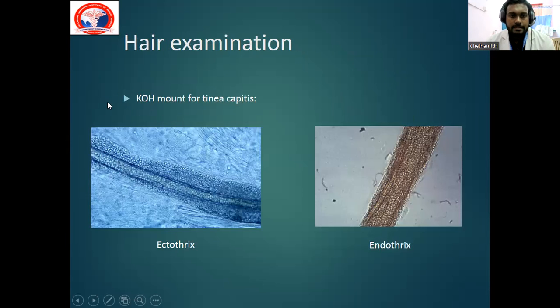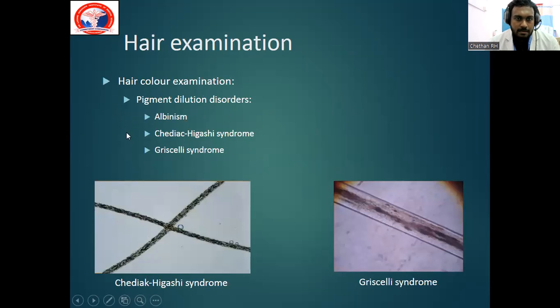So this is the hair examination. Hair can also be mounted with KOH. For a KOH mount for tinea capitis, you can see the spores present in the outer layers, which is called ectothrix. And when the spores are involved in the inner layer of the hair, it is called endothrix. So by looking at the color, for example,